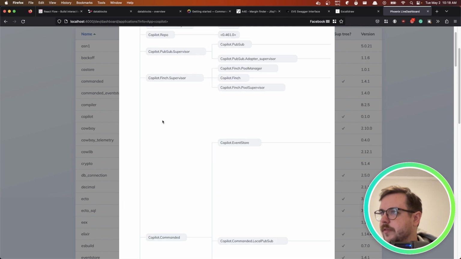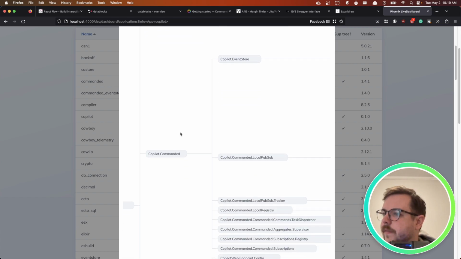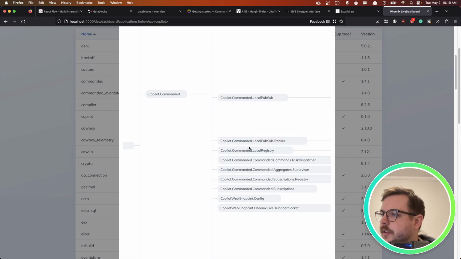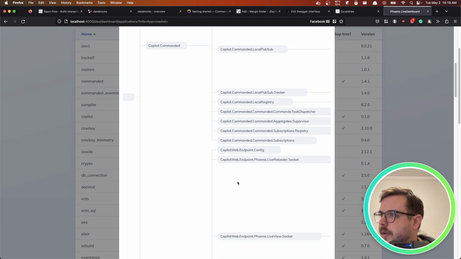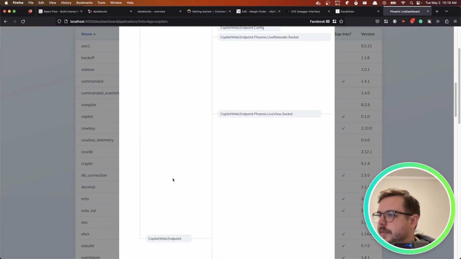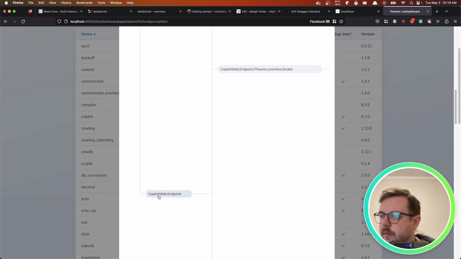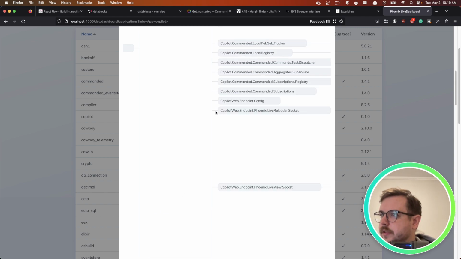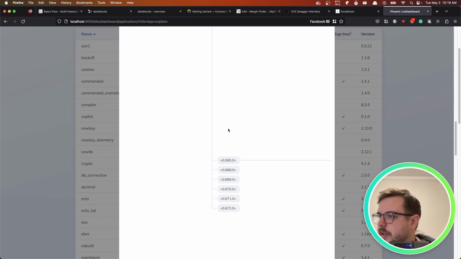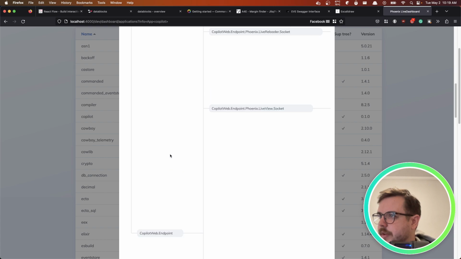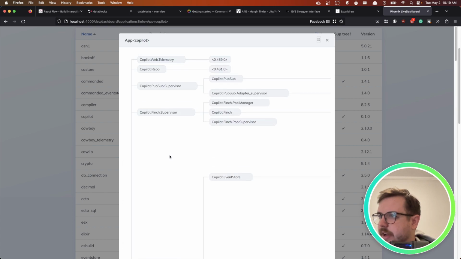Finch is for making HTTP requests and all that kind of stuff. We've got commanded, which has our event store, a local pub sub, all this great stuff. We have our web endpoint, which has a bunch of things: a live view socket, a few other processes. You can explore this,